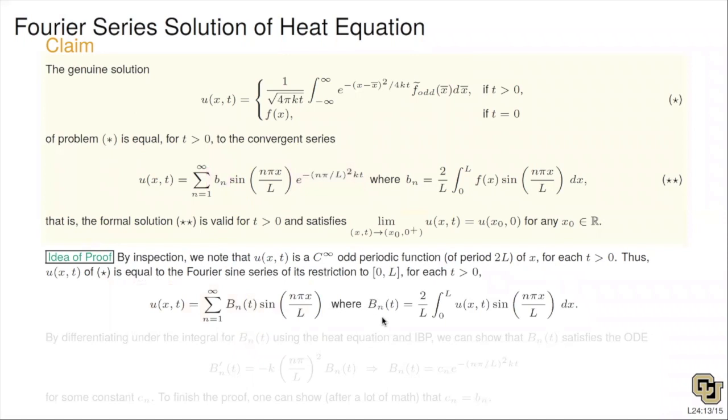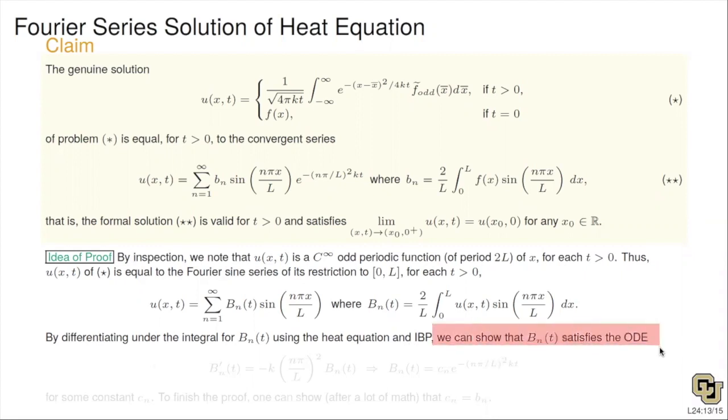Here, by orthogonality, we get this formula, and you've got the t in there. So this is just using orthogonality. And now here's the trick, and I don't go into the details. What we do is we can create an ODE. We can show that this coefficient, Bn of t, satisfies a particular ODE, and we do that by differentiating under the integral. So what does that mean? I'm doing a t derivative here. I do a t derivative,